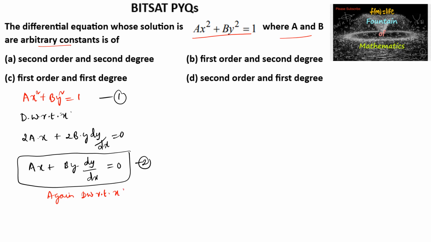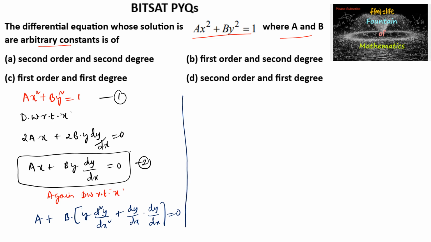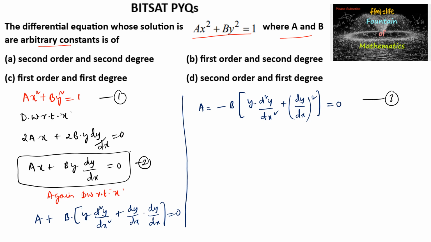Again differentiating with respect to x, we get a plus b into y into d square y by dx square plus dy by dx into dy by dx is equal to 0. So this can also be written a is equal to minus b times of y into d square y by dx square plus dy by dx whole square, which is equal to 0. So we can make this equation 3. So substitute a is equal to this expression